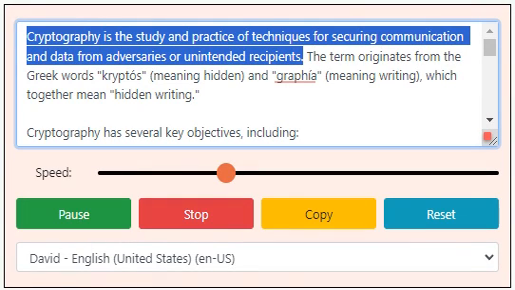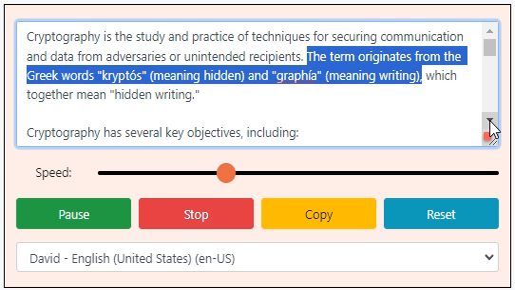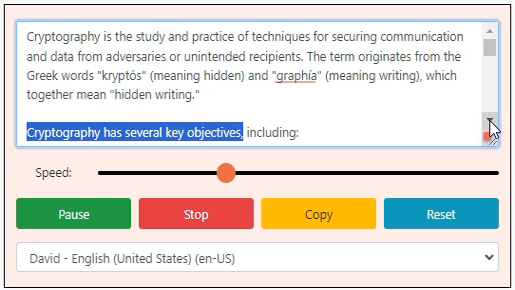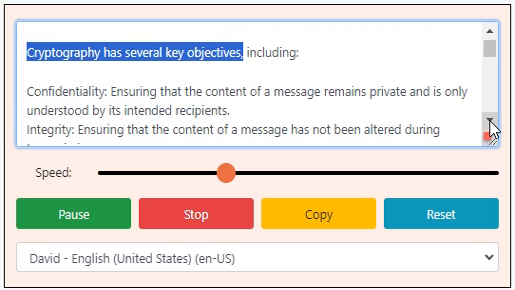Cryptography is the study and practice of techniques for securing communication and data from adversaries or unintended recipients. The term originates from the Greek words kryptos, meaning hidden, and graphia, meaning writing, which together mean hidden writing. Cryptography has several key objectives, including